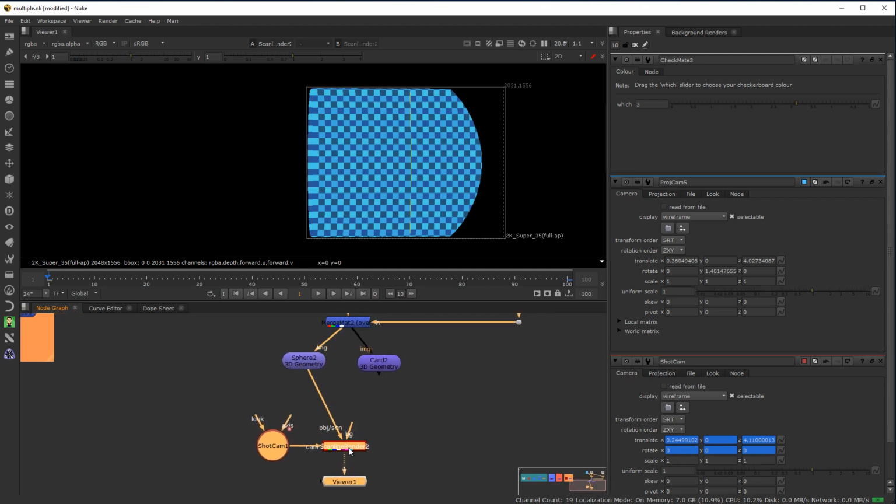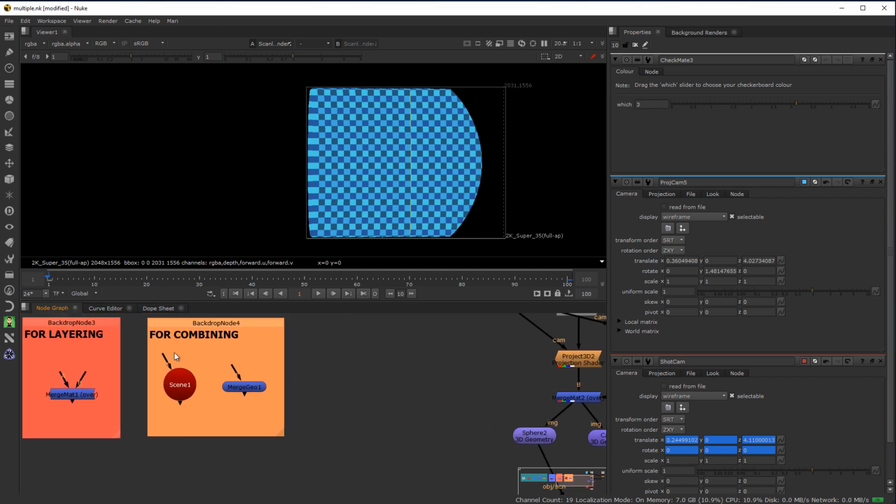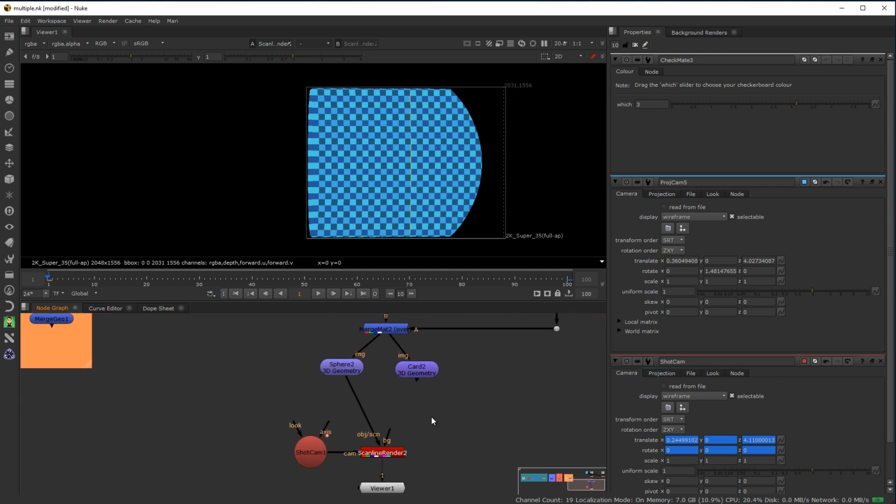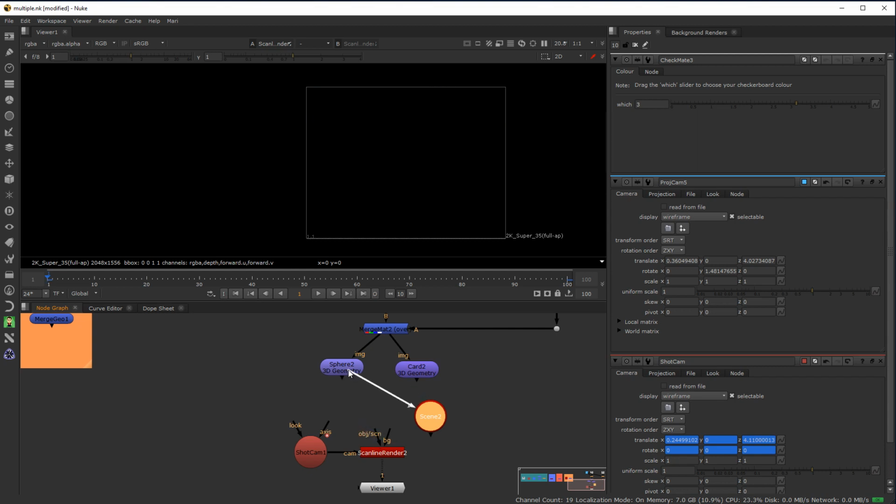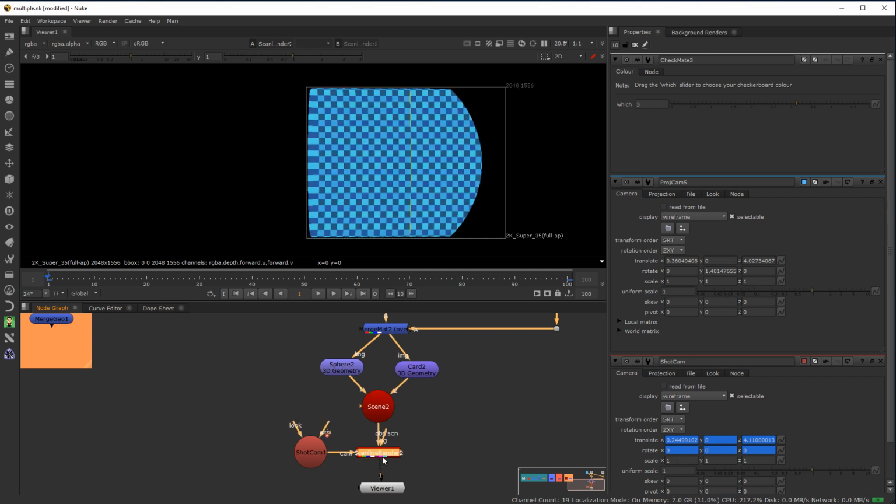Okay, through this object scene input. So this is where these two nodes come in, and both of them will do exactly the same. The scene node is one that's come along a little bit more recently than the merge geo, but they'll both do the same thing. I'll just copy the scene node. They will both take potentially an infinite amount of inputs and output them as a single input for the scanline renderer. So this sits there as a conduit for the scanline renderer and basically brings a multitude of different 3D elements into the same stream,